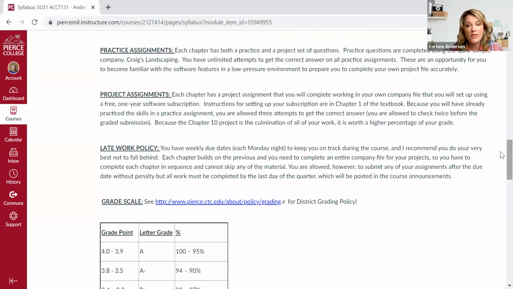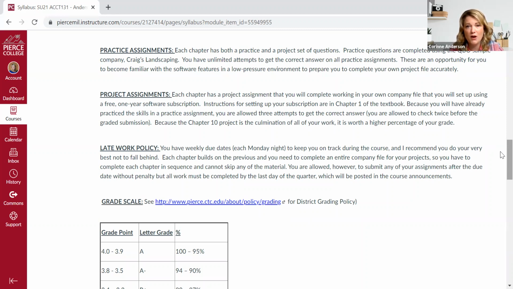should read. Another very important thing to be aware of is the late work policy for this course. In this course, you can turn in your assignments late without any penalty. So you have your weekly due dates on Monday nights, but if you fall behind and you can't get something done, by a particular Monday night, don't worry about it. There's no penalty. You can still go in and access your assignments through the end of the quarter, but try